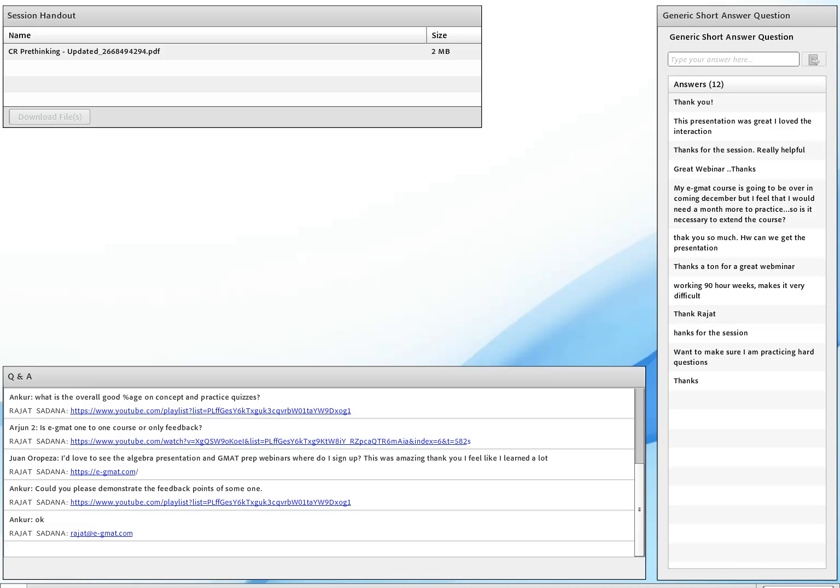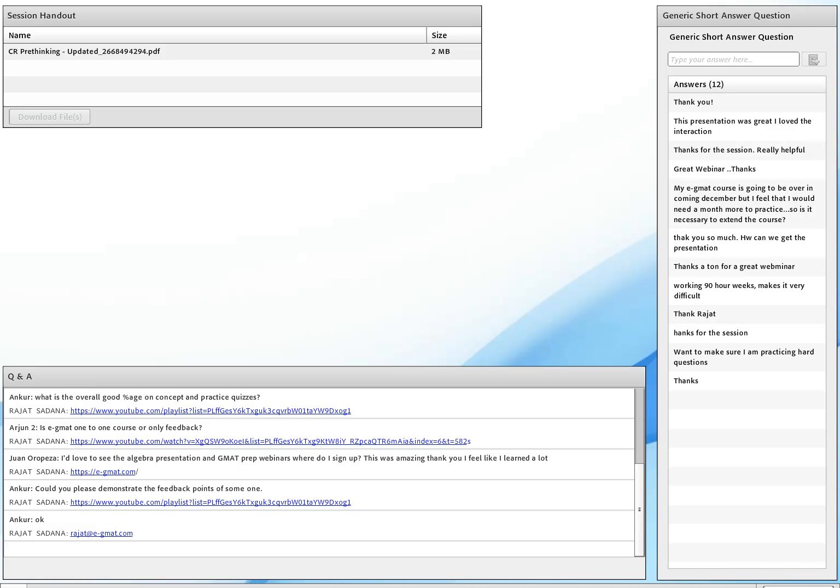If you want to make sure you're practicing hard questions, then just go in Scholarinium and select hard. So our Scholarinium platform allows you to create about 1,000 kinds of quizzes. So you can practice hard questions and just assumptions, just strengthens, just weaken, and so on and so forth.